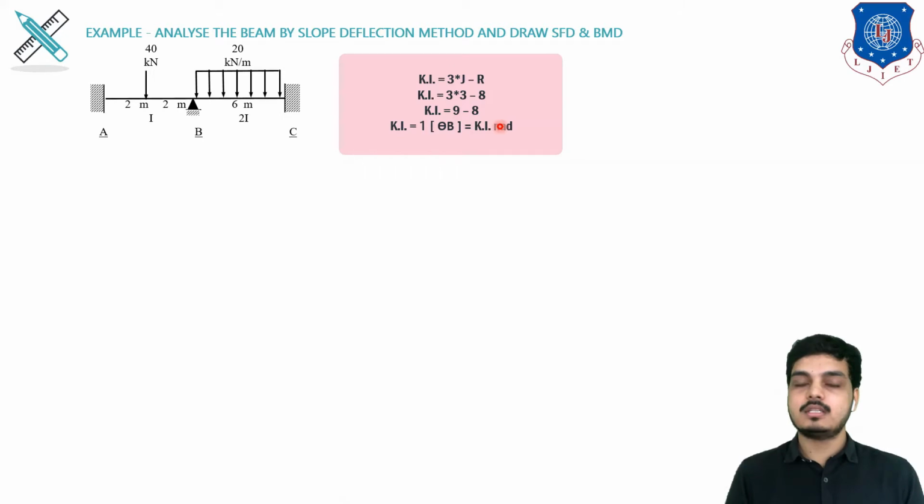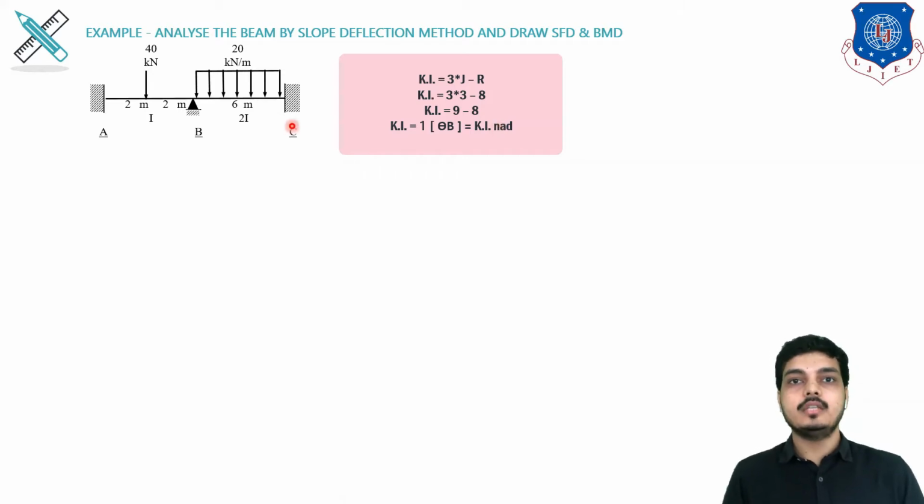Now our first step is to start after recognizing the number of unknowns. So we first have to find out the unknowns. How can we find them out? As the equilibrium equation says, this theory is based on Ki, the degree of kinematic indeterminacy. So first of all we have to find out Ki.